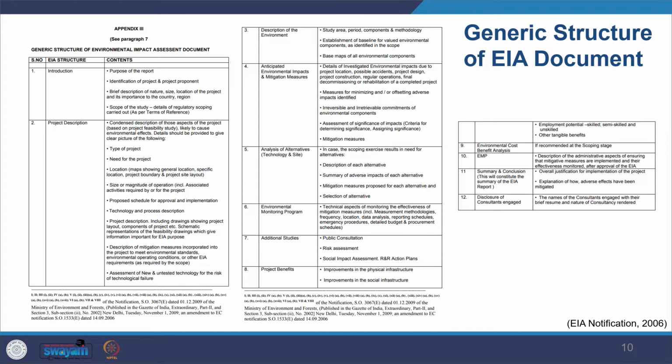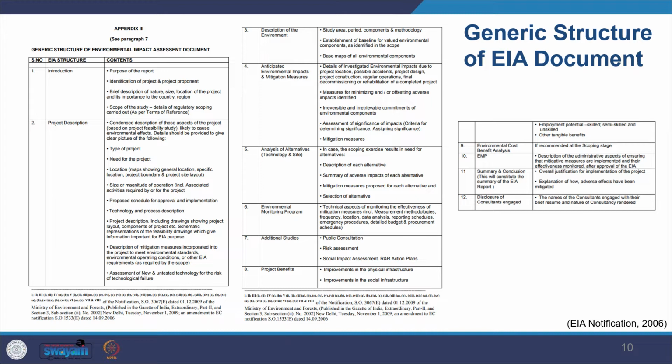So here for category A, it's mandatory to provide an EMP, and certain category B might also require an EMP. So for category A, it is mandatory. So whatever the residual impacts are, which cannot be minimized, how you are going to handle them through the EMP, Environmental Management Plan.